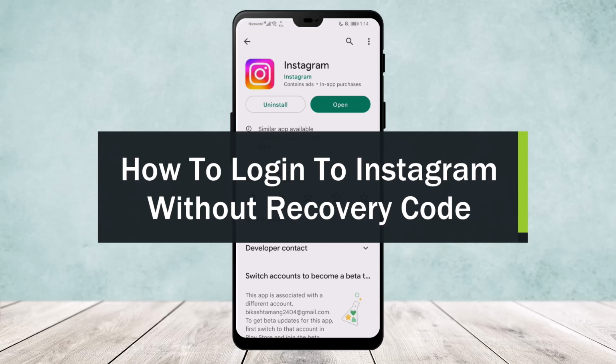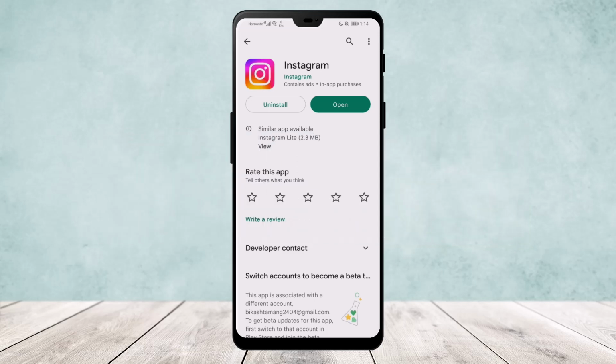Today I'll guide you on how you can log into your Instagram account without recovery code. Now, if you want to log into your account but Instagram is asking for your recovery code, it's probably either because you have tried for a recovery code because you forgot your password, or because Instagram doesn't recognize you as the user. The easiest way to get through it is if you remember your password, type in your password and